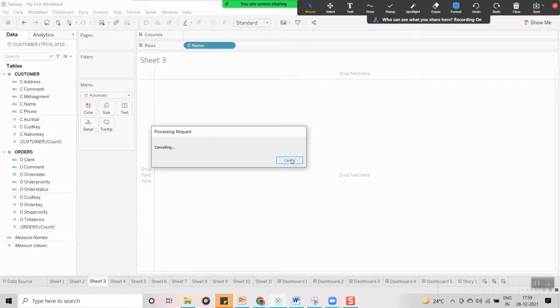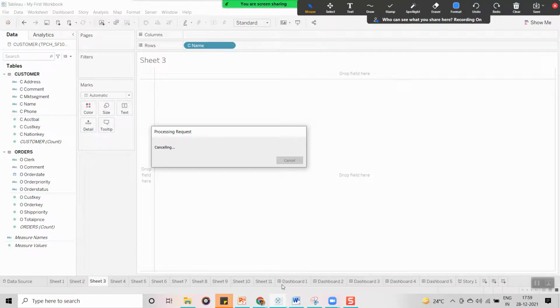We have already seen how to create an extract. Now I will explain a few more things about the extract. Whenever you create one, we have different options. I will explain that later, whenever we create joins and everything. At that time I will explain. Okay, fine.